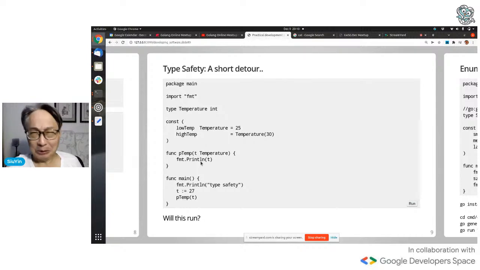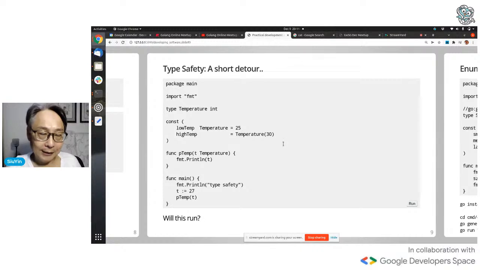So before I talk further, int. Int is not a good data type. Go can do so much better. All right. So let's alias temperature to int. Let's create a new data type in Go. That's how you do it. And let's make temperature an int. We can make it a float 64 or complex number if you like. I don't know why you make a temperature complex, but int or float is great.